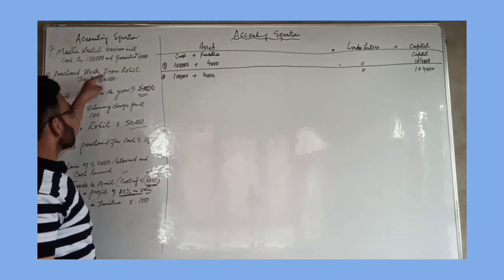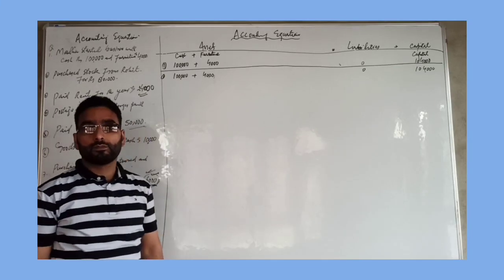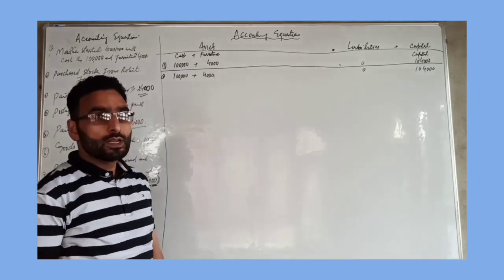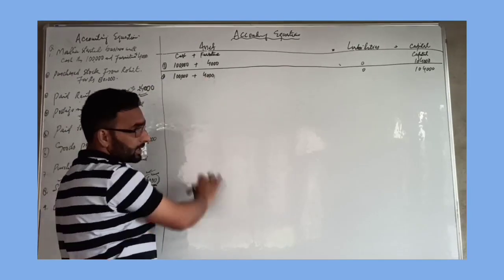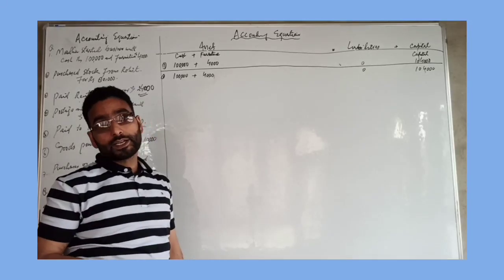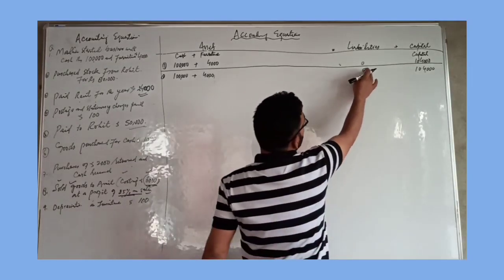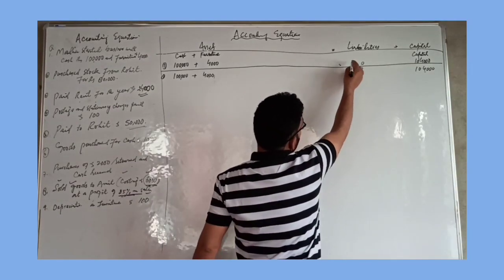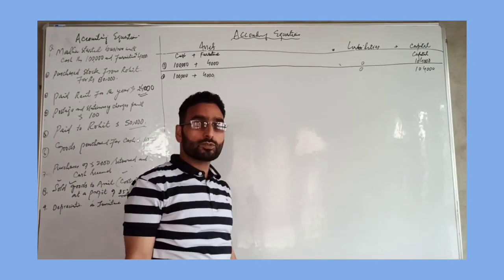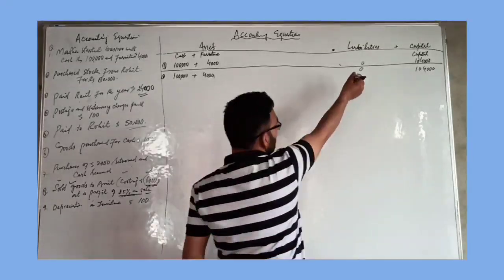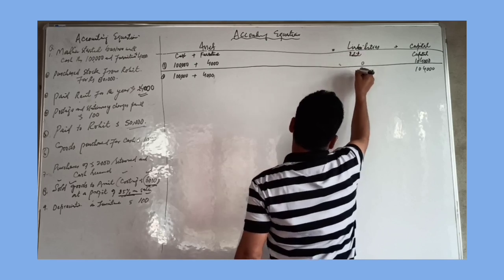Second point is purchase of stock from Rohit for 80,000. Stock is purchased from Rohit on credit. The cash has not been paid to Rohit, so the stock comes into business. At the same time, the liability is created for the business. Liability is still existing here for the business, that is rupees 80,000. So Rohit is the creditor who gave goods on credit basis to the business for rupees 80,000. So we write here the creditor or Rohit 80,000.